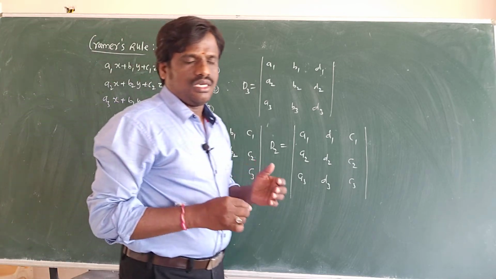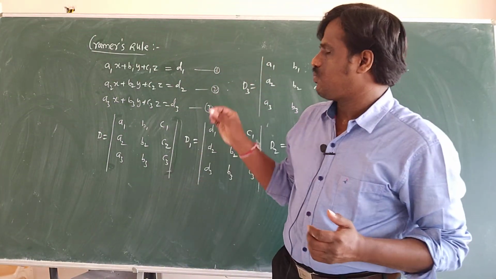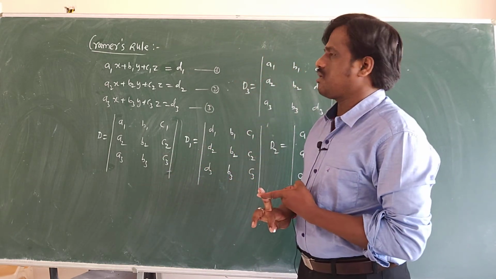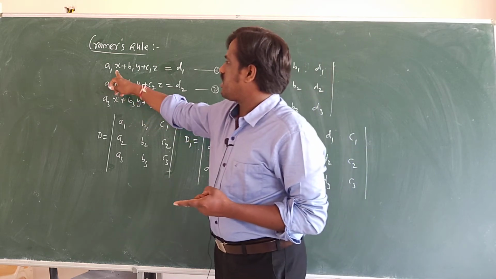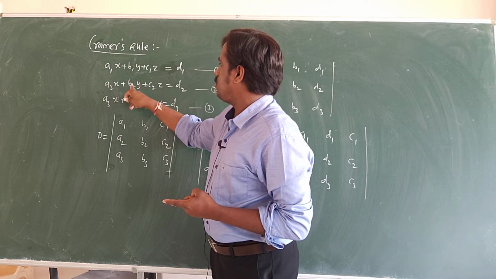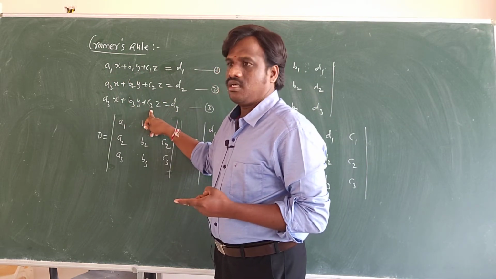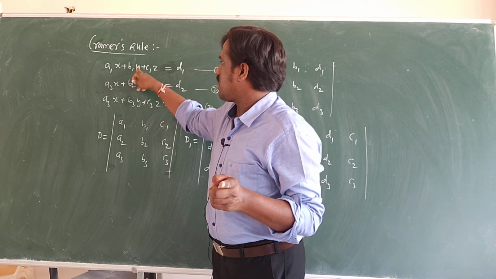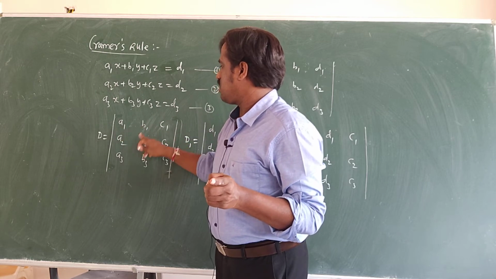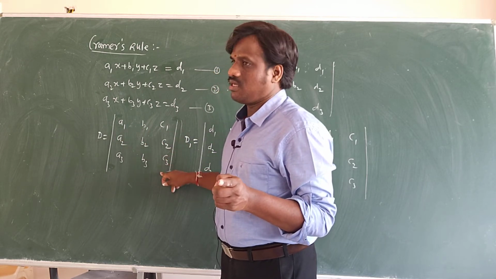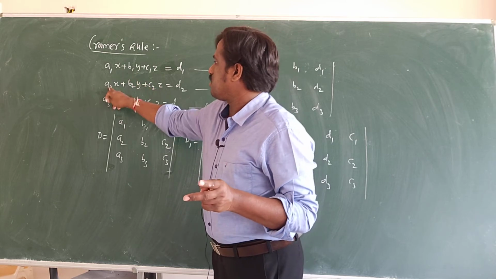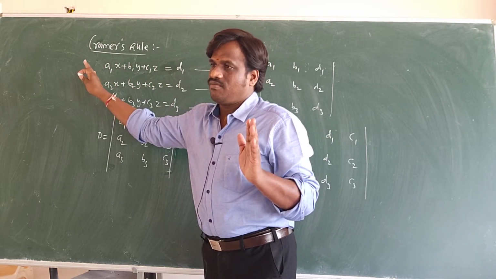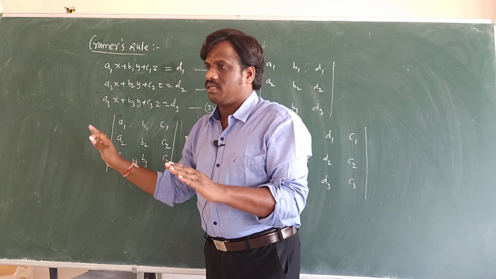Then the solution for x will be, see, whenever you want to solve these three linear equations in three variables, first you have to create these determinants. First, you make the coefficient determinant a1, b1, c1, a2, b2, c2, a3, b3, c3. This is not for boards, okay, this is for JEE. So you can write D is equal to a1, a2, a3, b1, b2, b3, c1, c2, c3. For D1, we take a1, a2, a3 plus d1, d2, d3. This constant will replace the first column. The first column will be hidden and the constants will be placed.